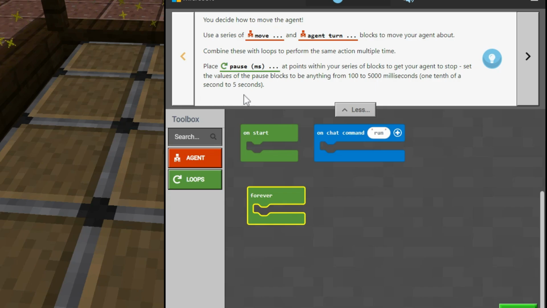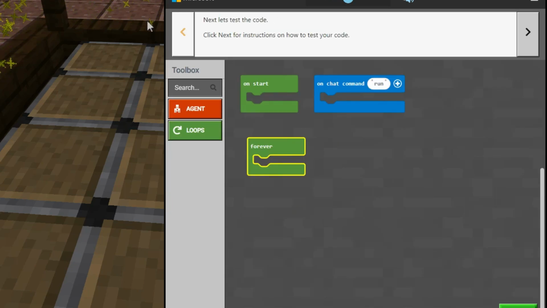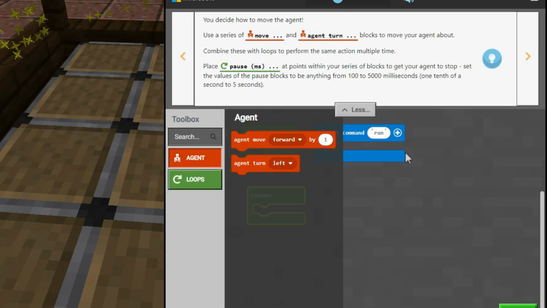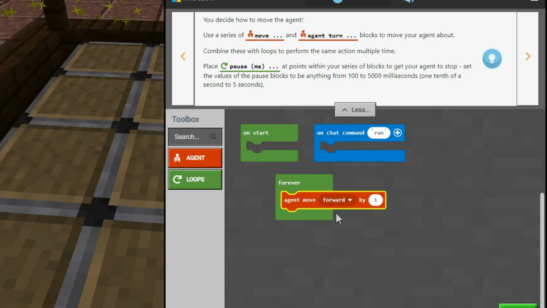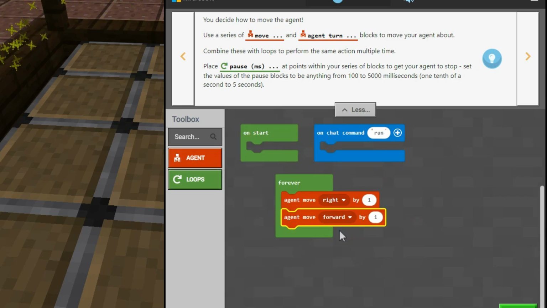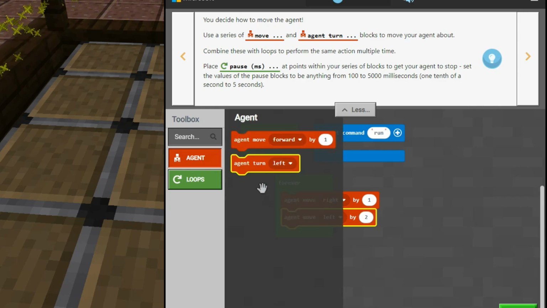You can set the values of the pause blocks to anything from 100 to 5,000 milliseconds. That's a range of 1/10 of a second all the way up to 5 seconds. So how do we do that? Let's start with an agent move. Let's make him go right. Then make him go left by 2. So basically what I want him to do is go back and forth over a 3-block range. So if he goes right 1 and then left by 2 and then,